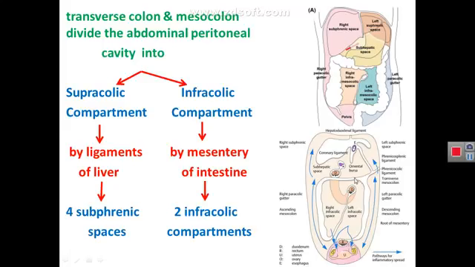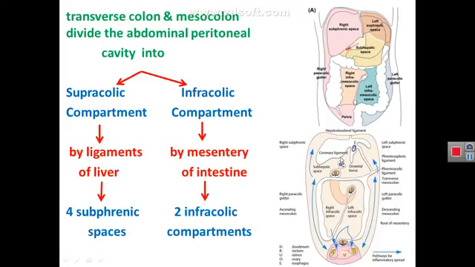This attachment divides the peritoneal cavity, by another method of classification other than the greater sac and lesser sac, into a cavity above the transverse colon and transverse mesocolon, which is called the supracolic compartment, and the cavity below the transverse colon and transverse mesocolon, which is the infracolic compartment. Supracolic and infracolic, above and below the transverse colon and transverse mesocolon. And the supracolic